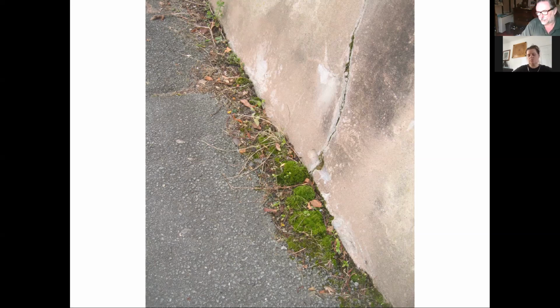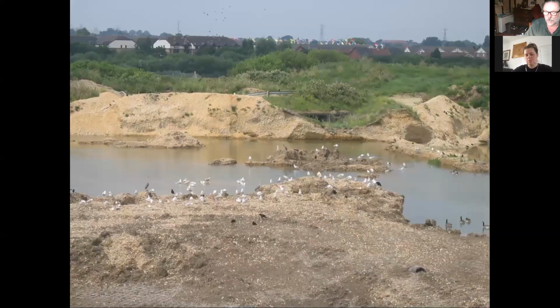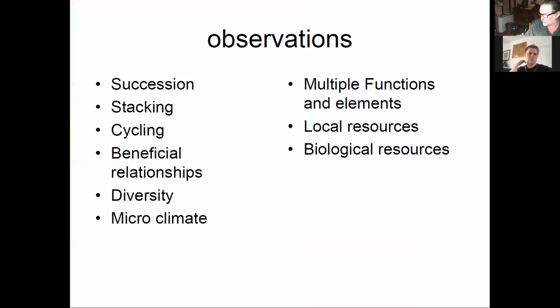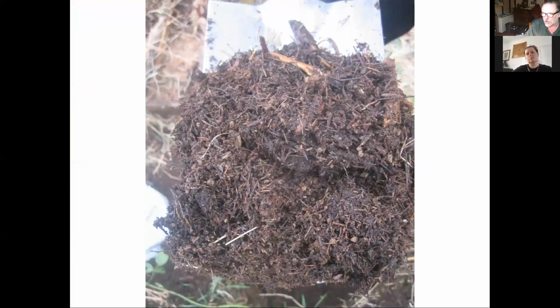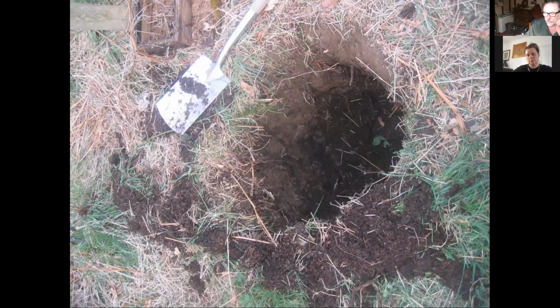As designers, if we identify a function in a design, we want to support that function with multiple elements. So if you're designing to create an intended outcome, you don't want that outcome just to be the product of one thing. You want that to be supported by multiple things. There's lots of examples of that. We'll come across that. So we want to support key functions with multiple elements.